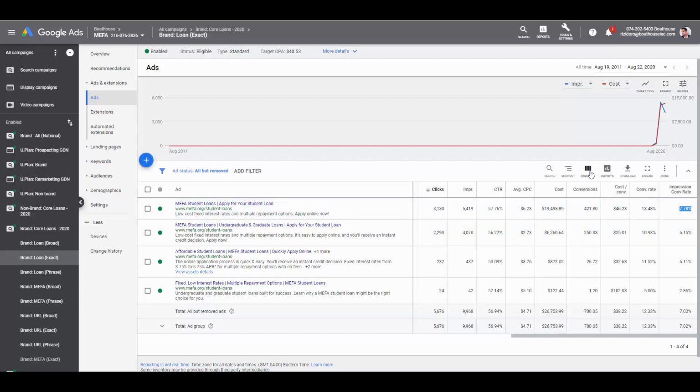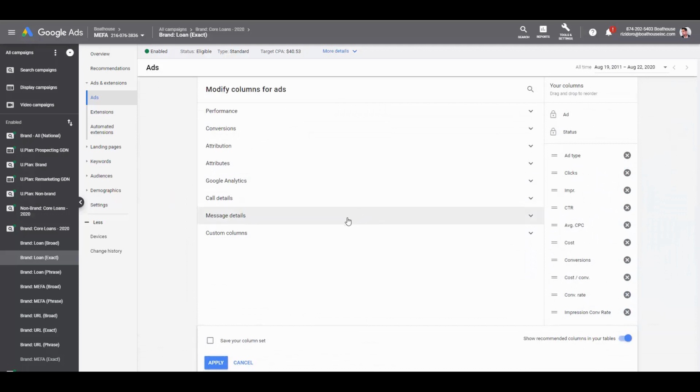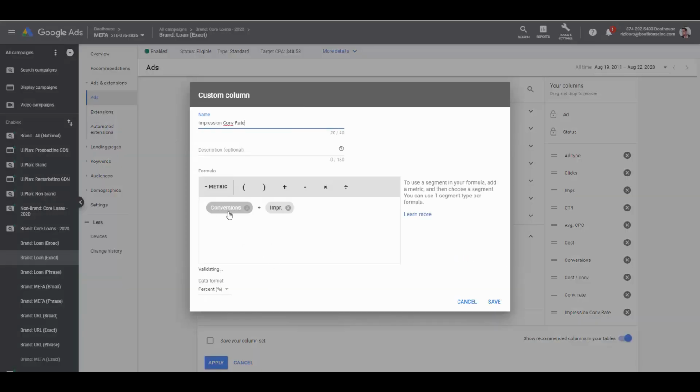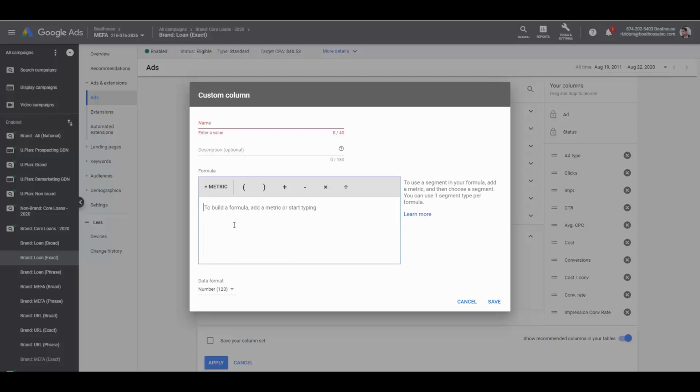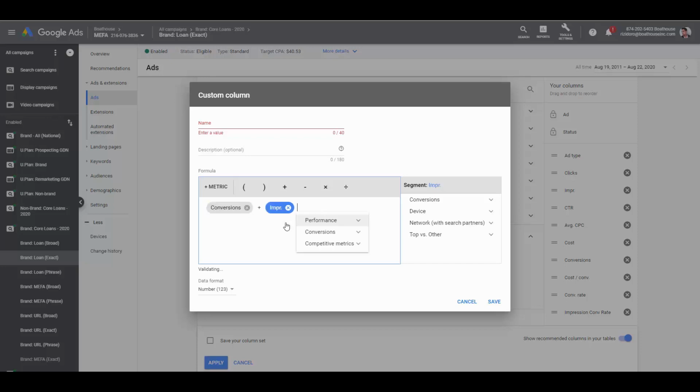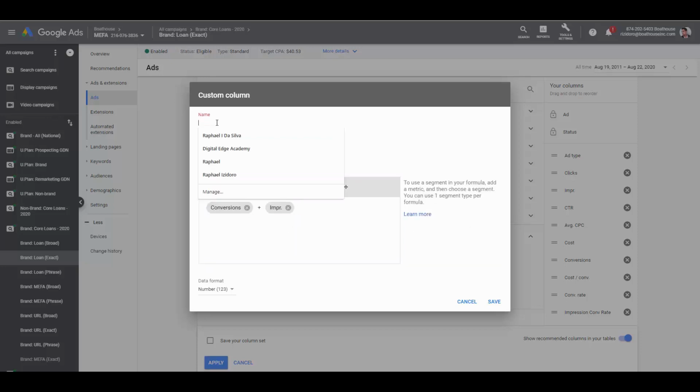So under columns, you click on columns, modify columns. So here you're going to select custom column, and then you would add a new column. Okay, so as you can see here, I already have the column created. If I wanted to edit this, I'll click on the pencil button. And the equation is conversions divided by impressions. So here you click custom column, then you type conversions here, it would pop up, select the divide symbol, and then type impressions. Then impressions will show up, and that's your metric. So you're going to name this